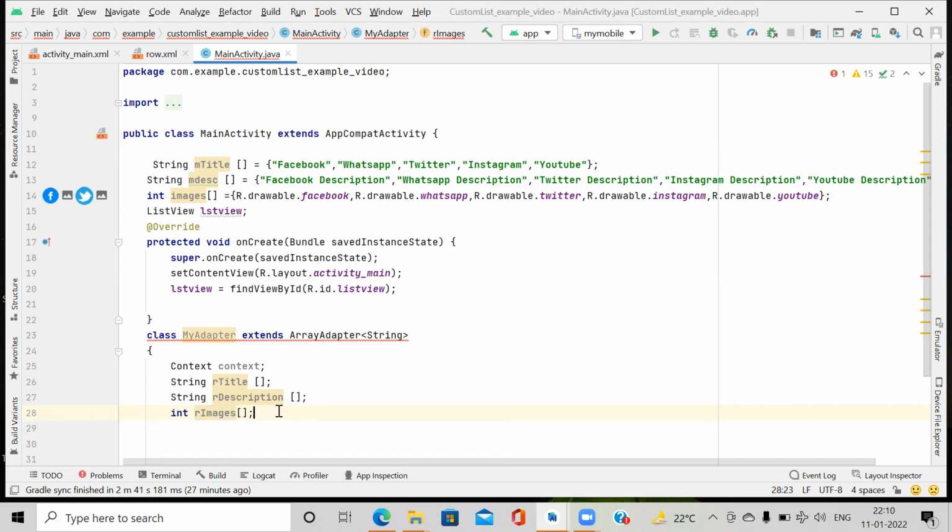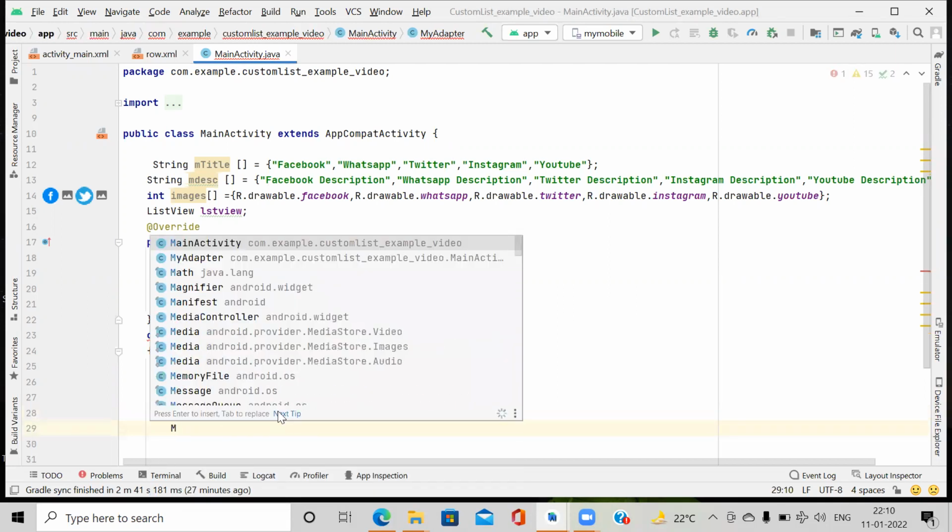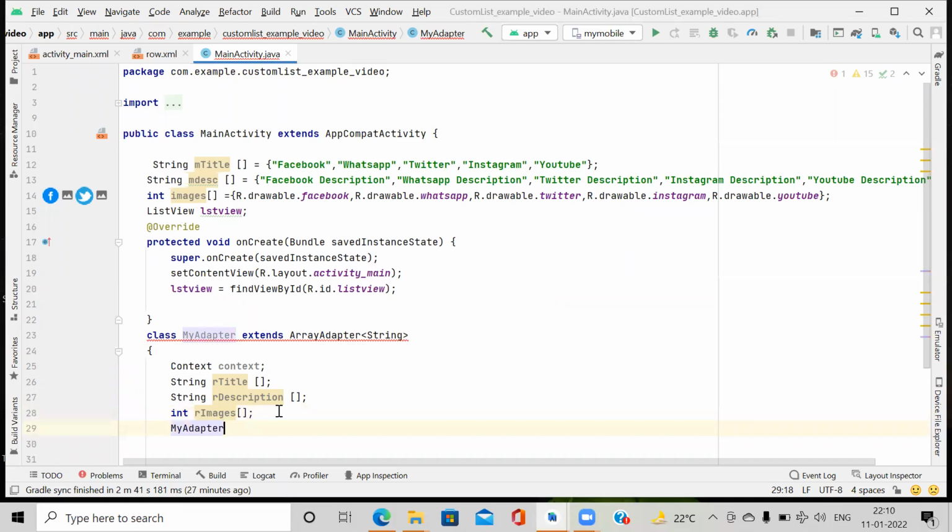Okay. Then we create the constructor of it. For the constructor, we all know that its name is the same as the class name. So MyAdapter, and it requires all the above parameters.